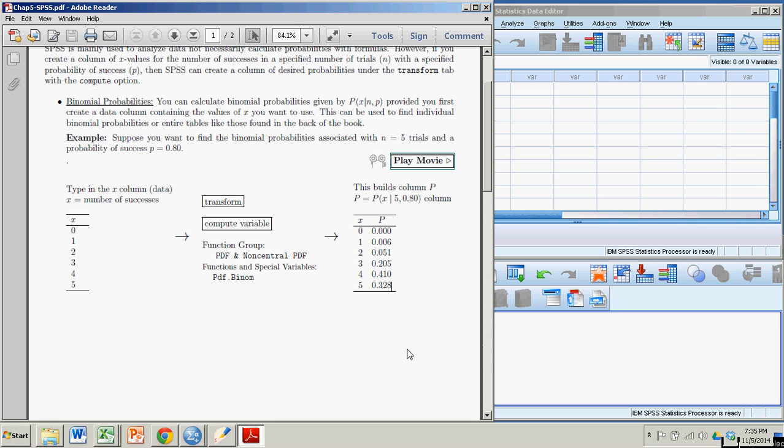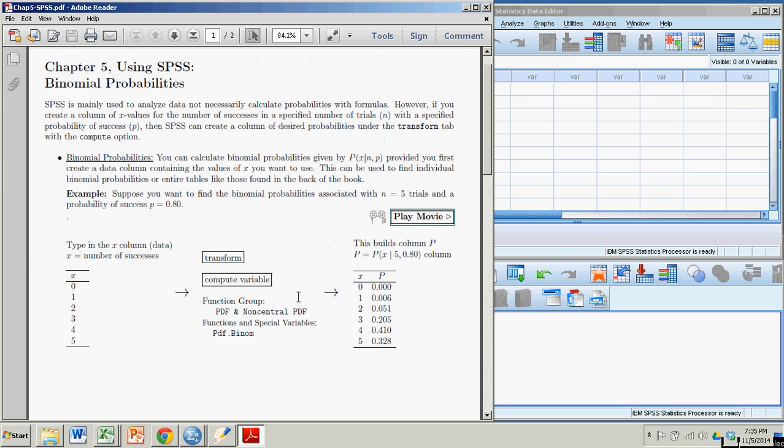Hi there. In this demonstration, we're going to see how to calculate some binomial probabilities using SPSS. Now, usually SPSS isn't really used for these calculation or formula type of evaluations. It's usually used to manipulate and analyze raw data, but you can actually get it to perform some function evaluations, what would generally be calculator type tasks, but you just have to put your input variables in terms of data,